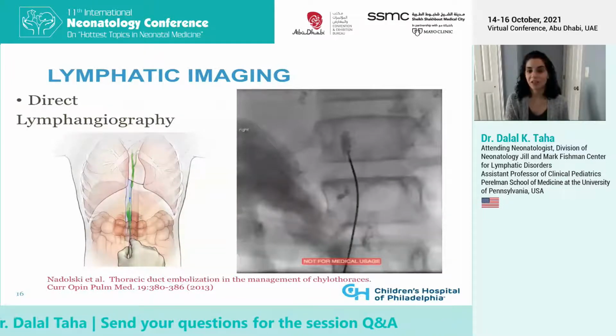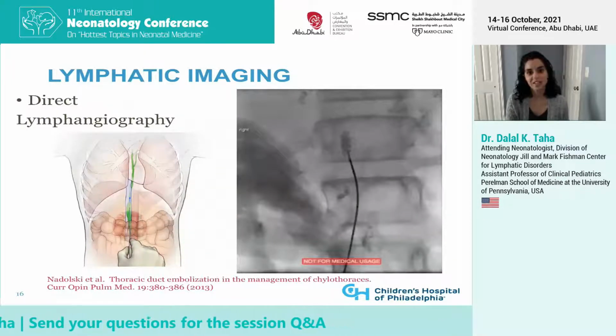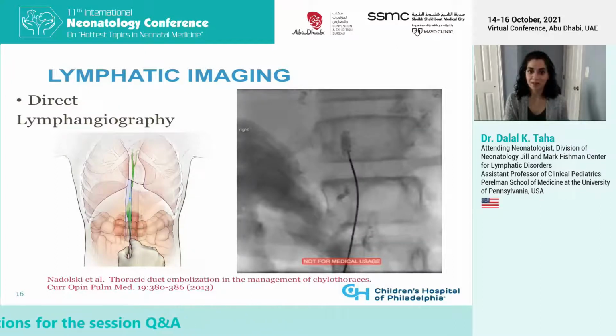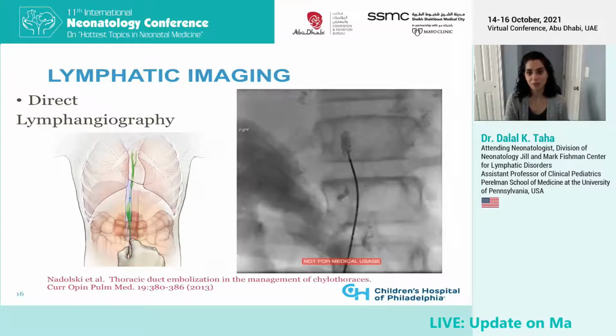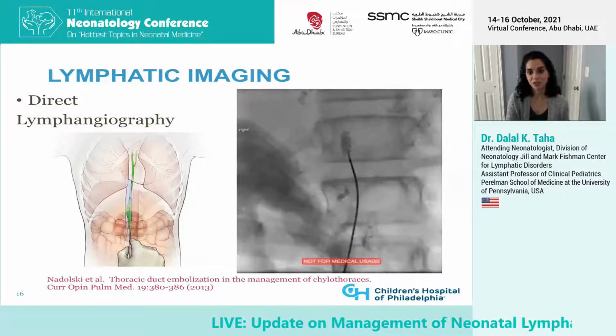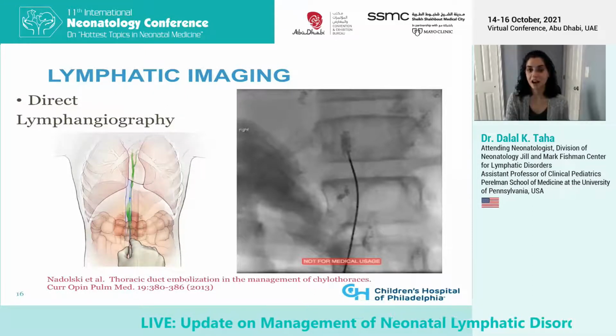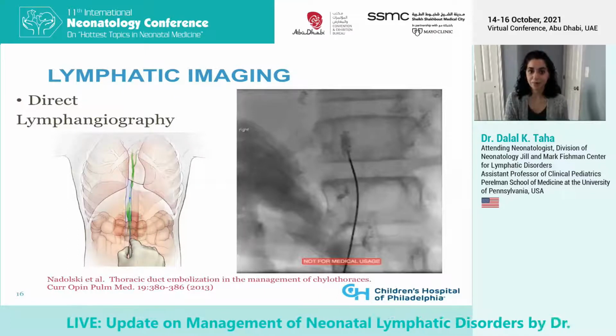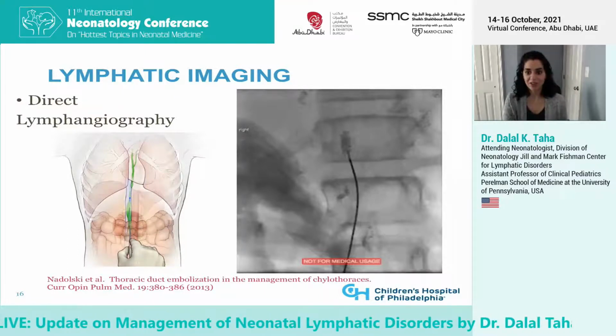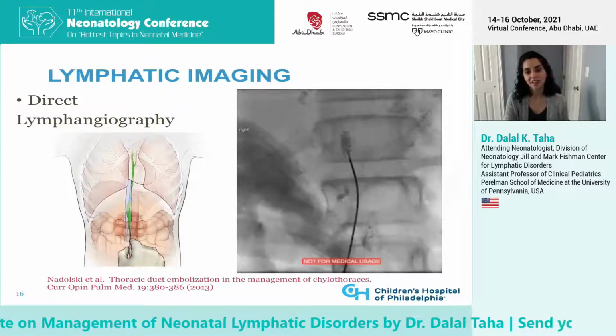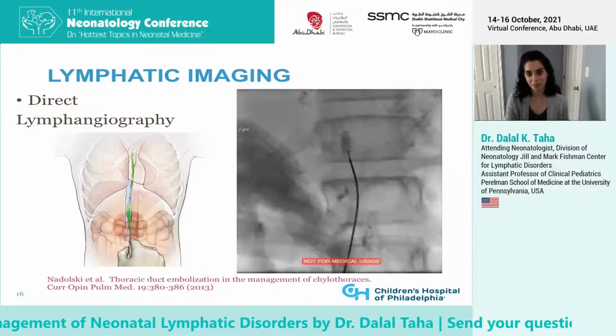After DCMRL, if a more detailed look at the thoracic duct outlet is needed, we proceed to direct lymphangiography. In this technique, the lymphatic system is accessed transabdominally using a 21 or 22 gauge needle. To prevent leakage of chyle from the cisterna chyli, access to the lymph system is obtained through feeder vessels just below the cisterna chyli under fluoroscopic guidance. Using this access, a microcatheter is then inserted directly into the thoracic duct and contrast can be injected.